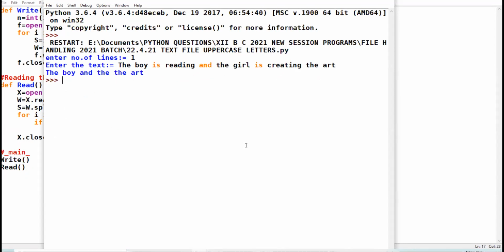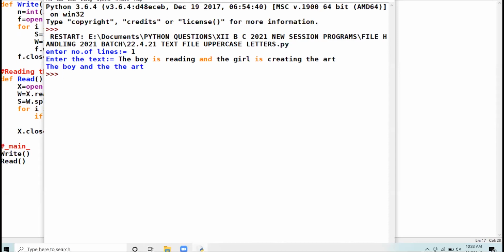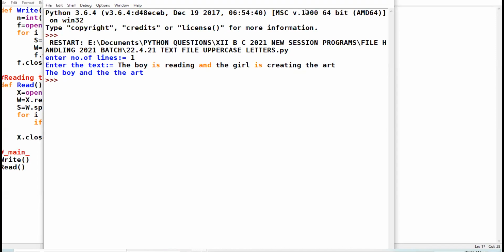Okay, see here. Check the output. 12th class, check the output. The, boy, and, the, art. All these words are having the length 3. Okay, they are 3-letter words, right?